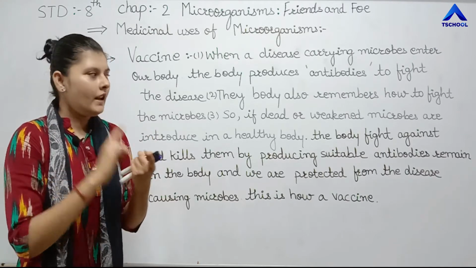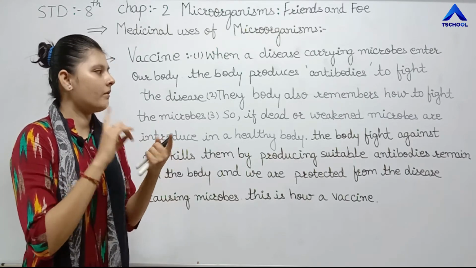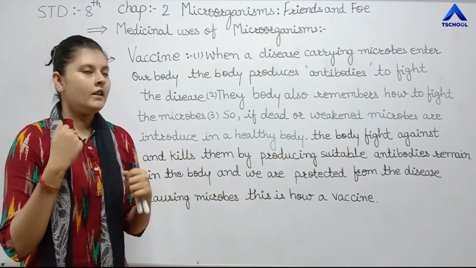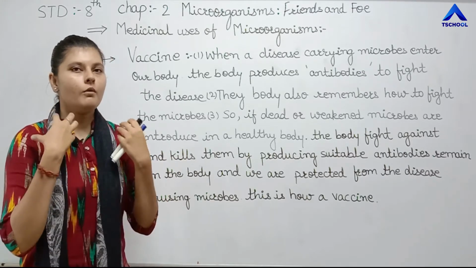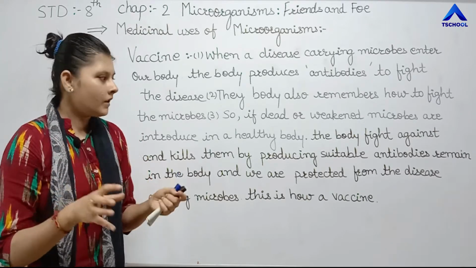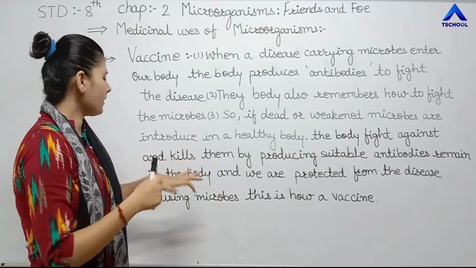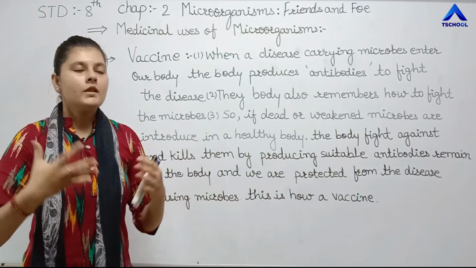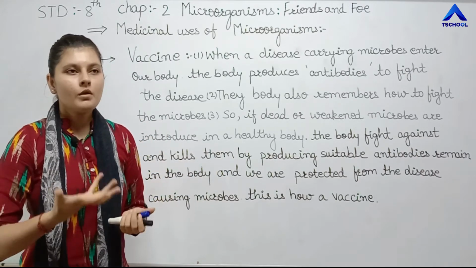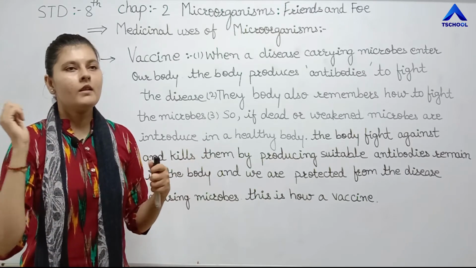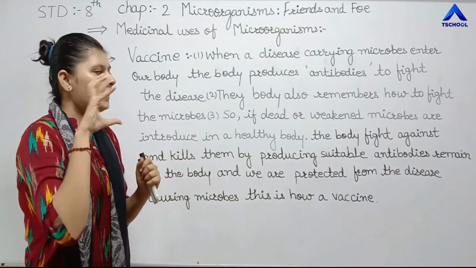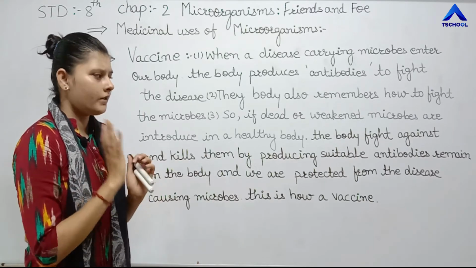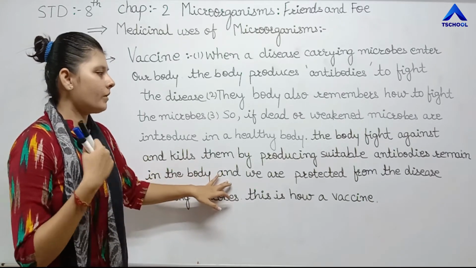तो अगर एक बार वैक्सीन मतलब कि डेड और वीकेंड माइक्रोब्स को बॉडी में एंटर करने से वो फाइट करके एंटीबॉडीज पैदा करते हैं और वो उसको ख़त्म करते हैं, then the antibody remains in the body. मतलब वो एंटीबॉडी है जो when the antibody is going to produce, और वो जब माइक्रोब के साथ फाइट करते हैं तो वो एंटीबॉडीज़ बॉडी में ही रहते हैं, राइट? So this is the process that we are protected from disease.